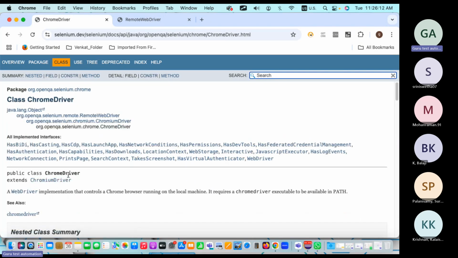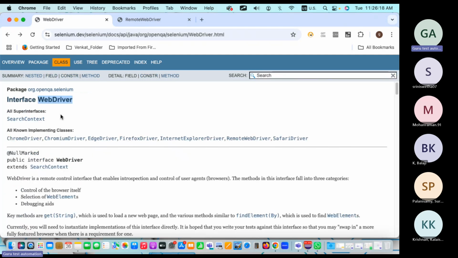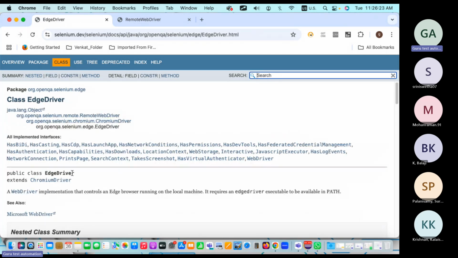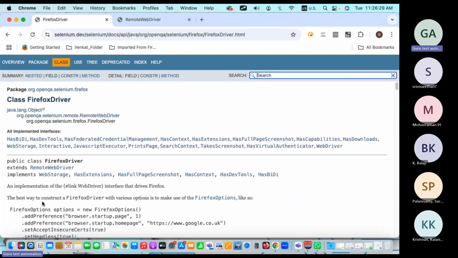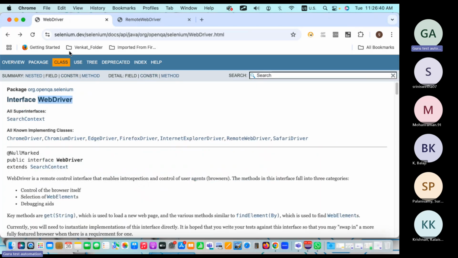So public class ChromeDriver extends ChromiumDriver. Again, ChromiumDriver it is extending, and EdgeDriver. So public class EdgeDriver extends ChromiumDriver. So they are extending ChromiumDriver by default. And FirefoxDriver, that's the Firefox browser. Public class FirefoxDriver extends RemoteWebDriver. Okay, so RemoteWebDriver means which is having all